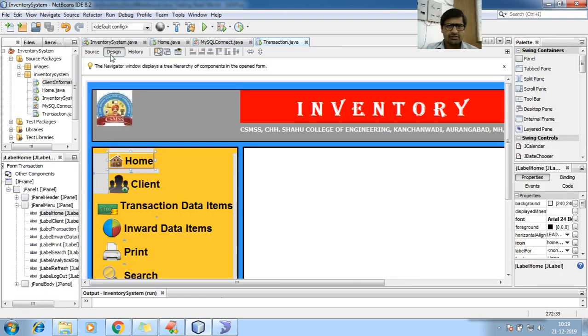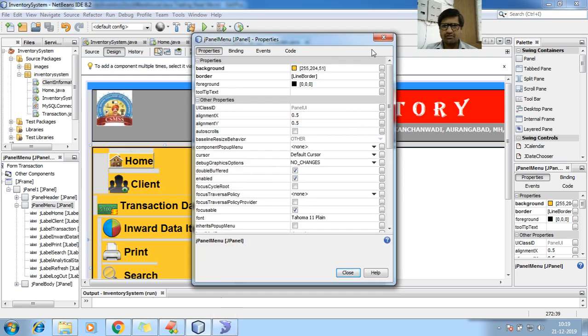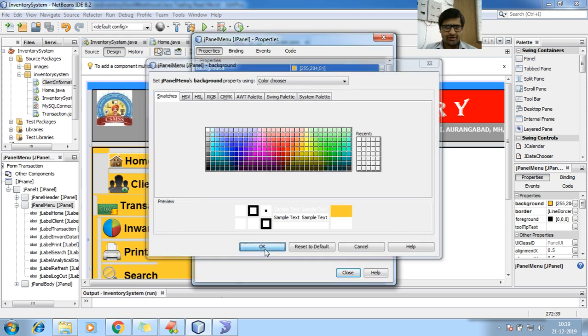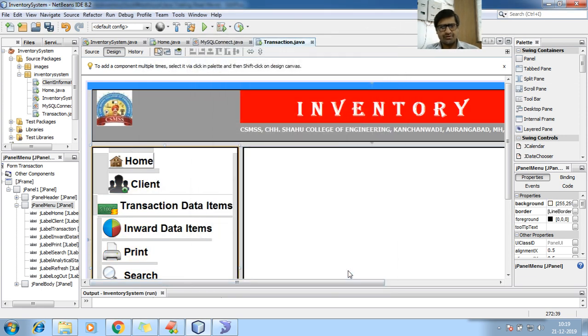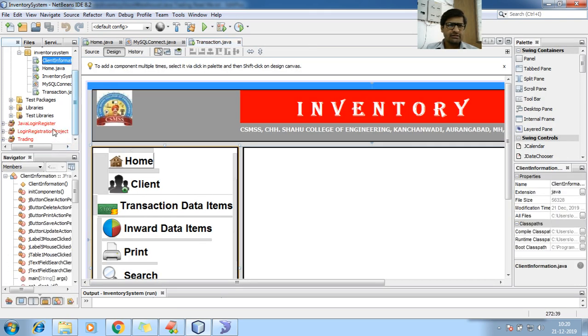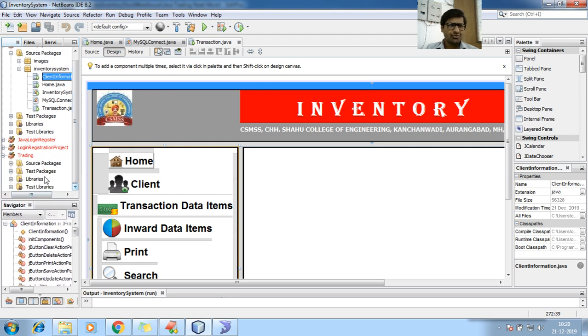So go to design. Actually, I want to change the yellow to plain white color to get a good feel. Close. Okay guys, done. Last time I already used yellow, this time I'm not happy with yellow. Just go for design. So see, go to inventory, trading. What are the panels we need to add? And after adding the panels,